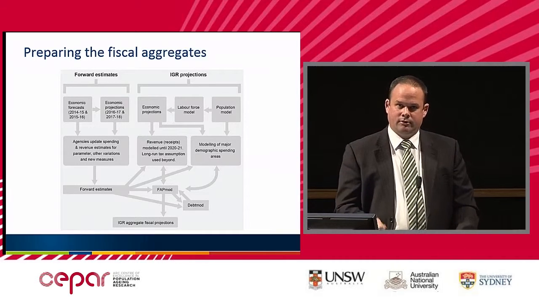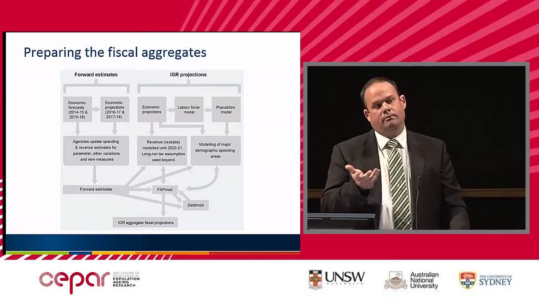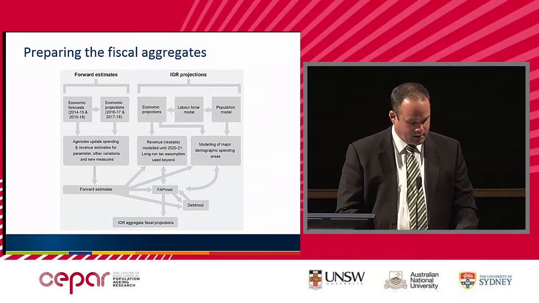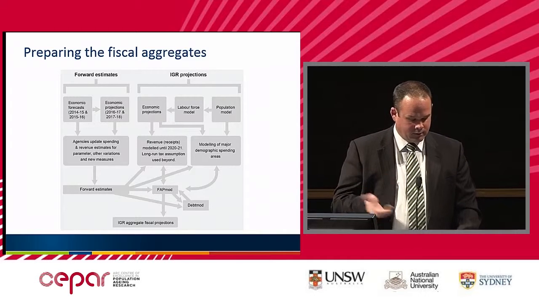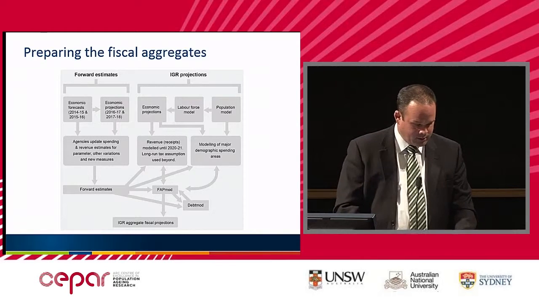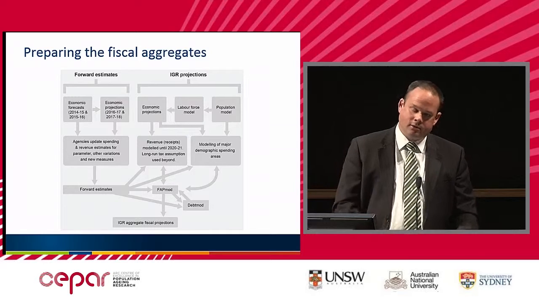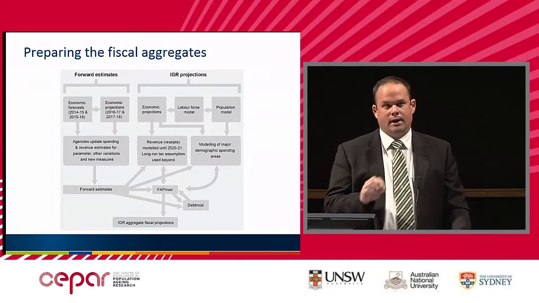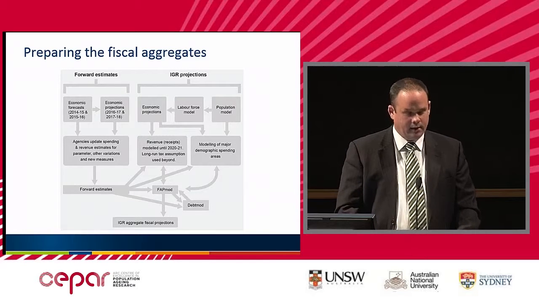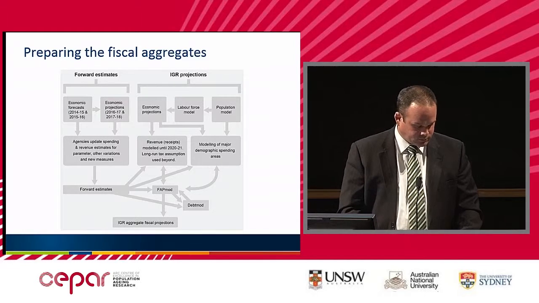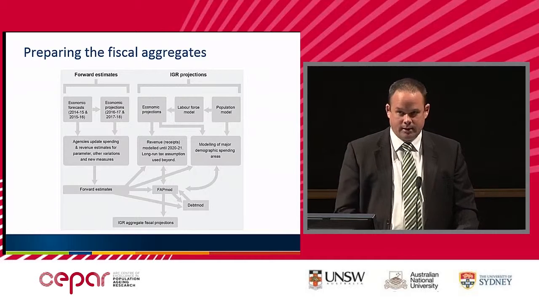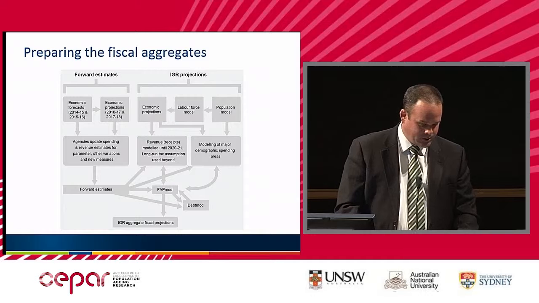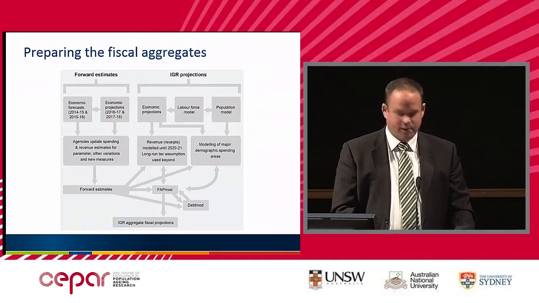You can think of it as an exercise of putting together projections at a point in time based on what we currently know. And these have to be demographic and economic parameters appropriate for a 40-year projection horizon. And these are all then used as inputs for more detailed spending models and also a debt model. I don't need to explain to people here the distinction between projections and forecasts, but we're very much in the world of projections.